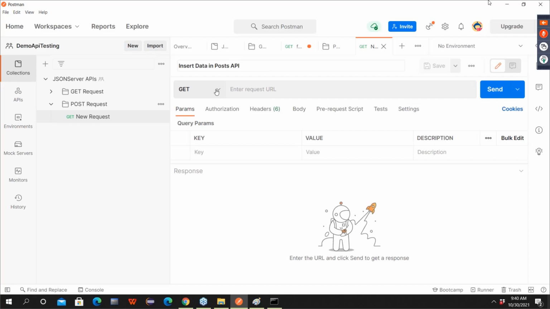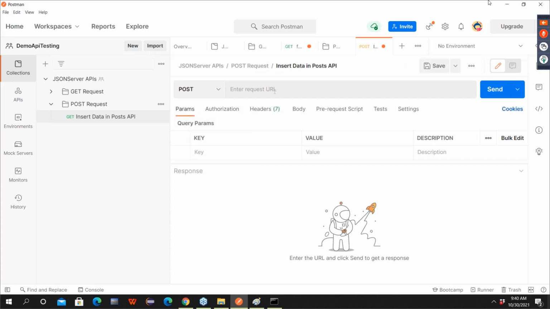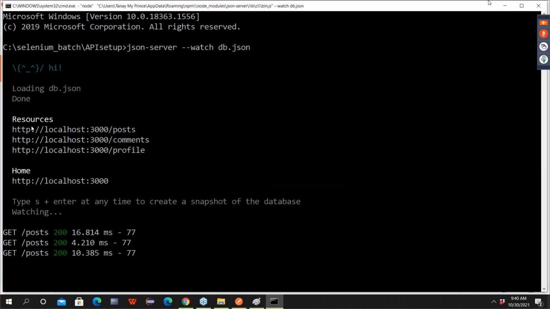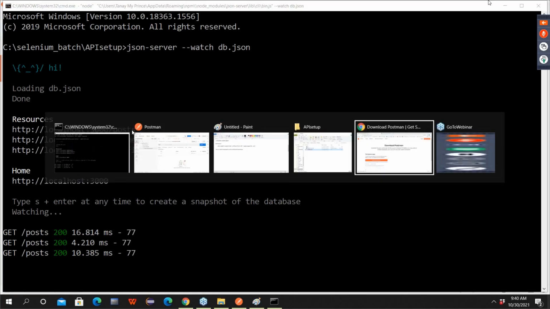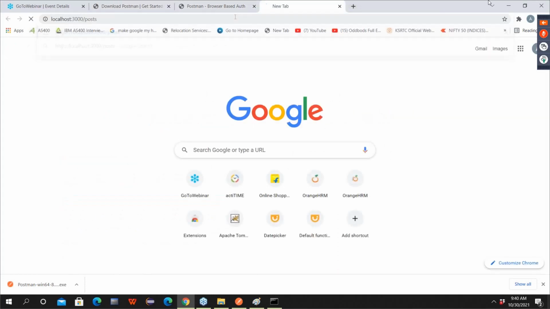Set HTTP method as post, provide URI, in which API you have to go. So what is my API? I guess this is the post API.